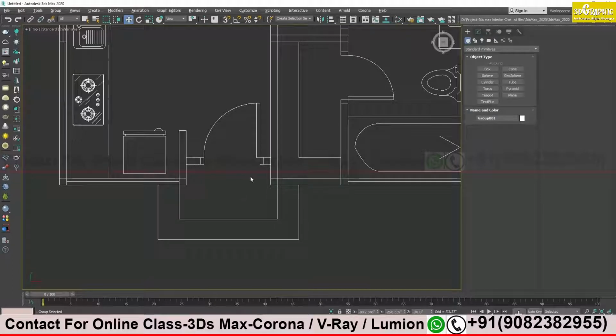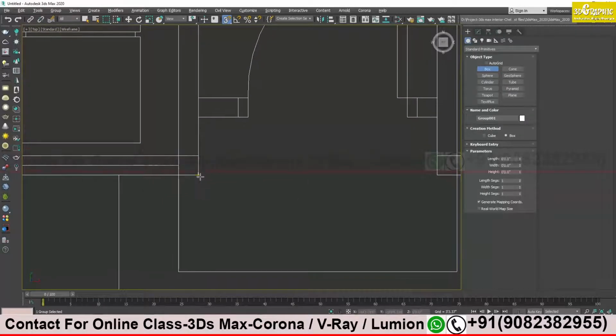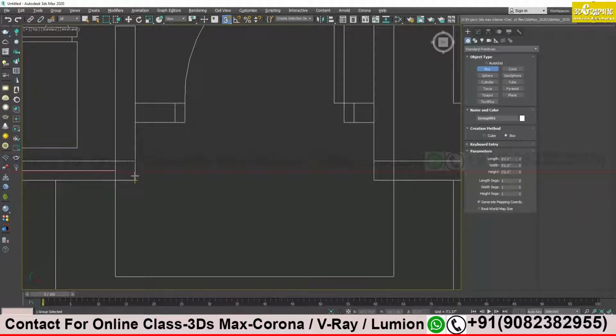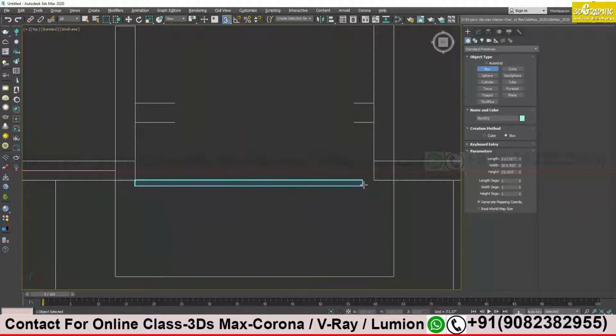Now to check that, we have to create a box, because here we don't have any measuring tool or measuring scale kind of thing. We have to create the box, and on the property of the box we can give the exact measurement. One thing more I will do over here, I will quickly turn on the snapping button, this snapping tool, so that you see when I zoom, my cursor is trying to snap over here. Clear? So I have to create a box over here from this end to that end like this.